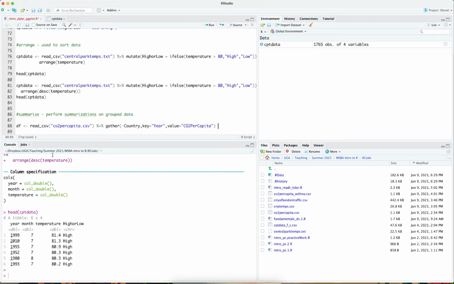CO2 per capita. Once I have done this, I can then think about what I want to summarize in this long form data set. What I'm going to be summarizing this data set by is country. I want the average CO2 per capita for each country across this entire data set. And so I'm going to be performing a group by operation where I'm grouping by the countries in the country column. Once I've grouped by the countries in the country column, I can then say that I want to summarize